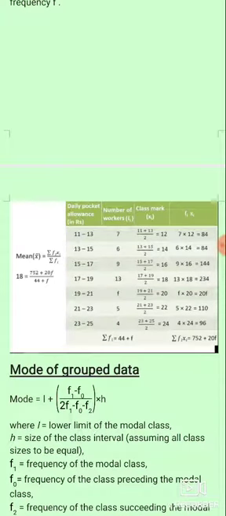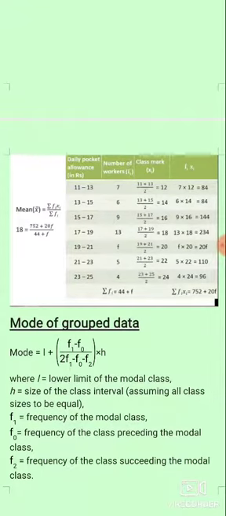Now the next one is the mode of grouped data. So we know the mode of ungrouped data is what? The maximum frequency observation is the mode of the data. So listen carefully to find the mode of grouped data. One equation is there. Just learn that equation by heart, then the problem is very simple. Mode is equal to L plus (f1 minus f0) by (2f1 minus f0 minus f2) into h, where L is the lower limit of the modal class, h is the class size, f1 is the frequency of the modal class, f0 is the frequency preceding the modal class, and f2 is the frequency succeeding the modal class.